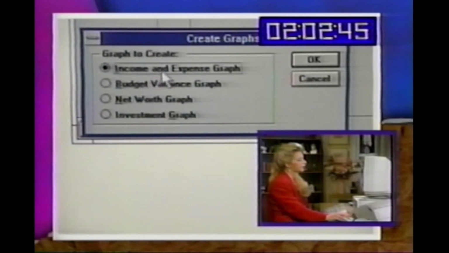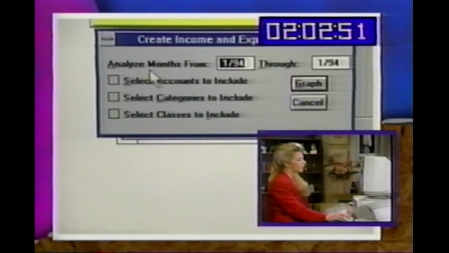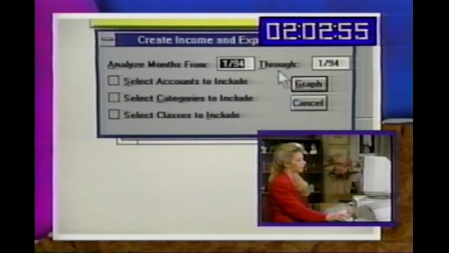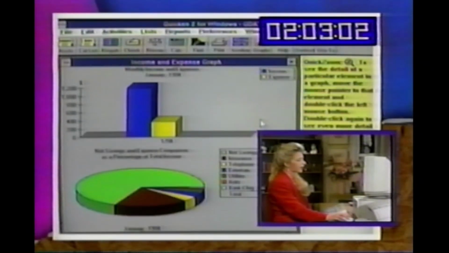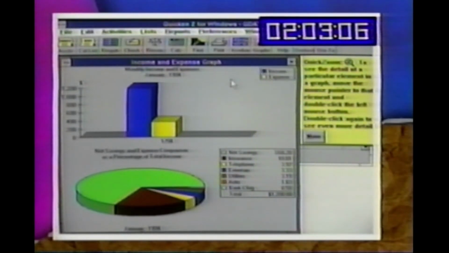Well, I'm going to keep income and expense graph, and I'm just going to point and click on OK. And once I do that, Quicken asks me what months it should analyze. Well, I just want to see January 1994 through January 1994. So I'm going to point and click on Graph. And here's my graph. Up here on the top is my income and expenses in a bar chart for the